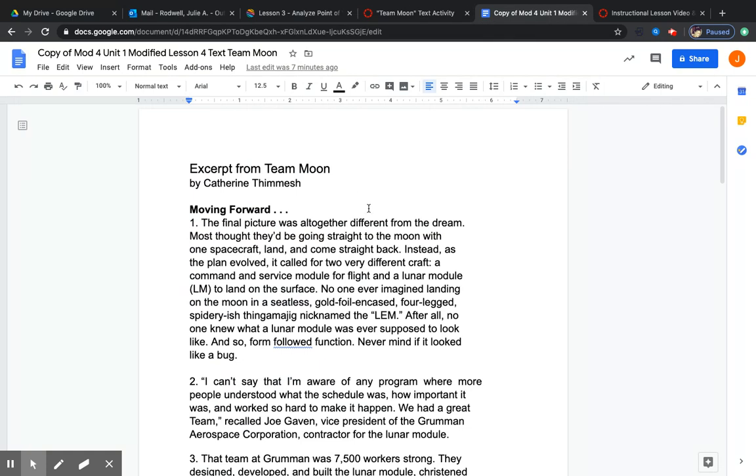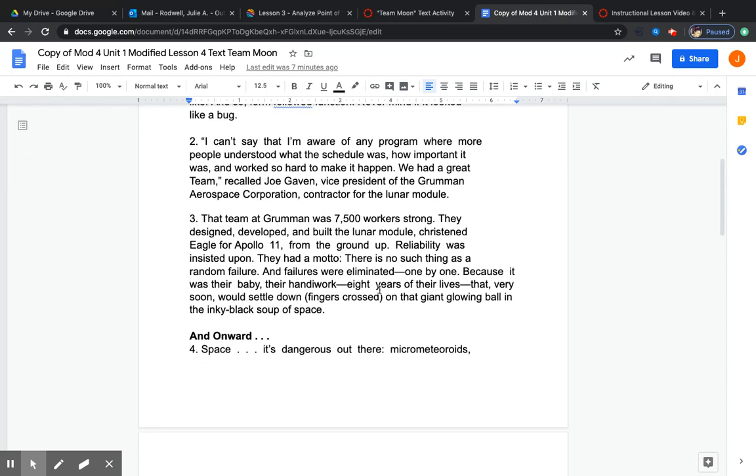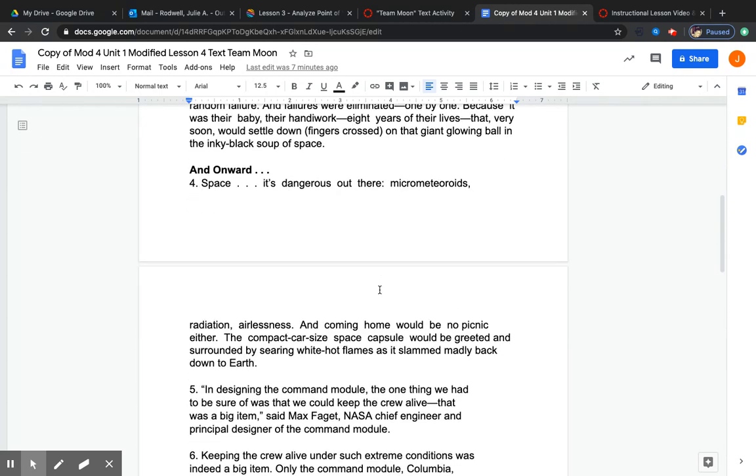Now, like I said, I know it was a lot of hard work and preparation. I also remember seeing some really interesting wording in paragraph 4, right here. "The compact car-sized space capsule would be greeted and surrounded by searing white-hot flames as it slammed madly back down to Earth." Now, I'm going to highlight that in blue